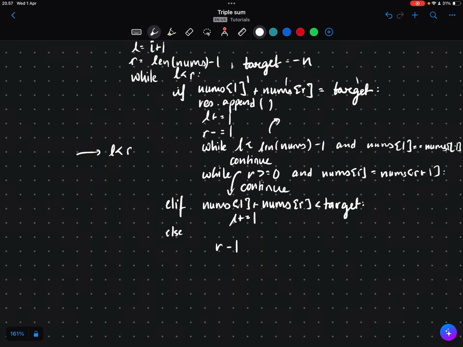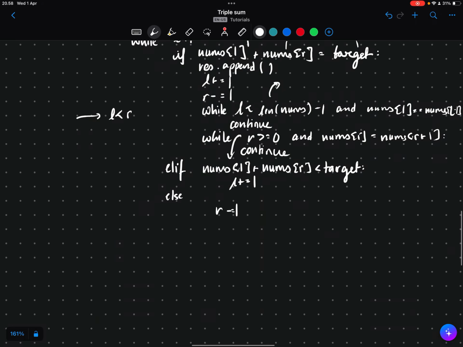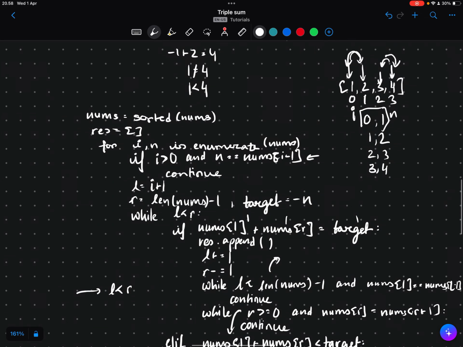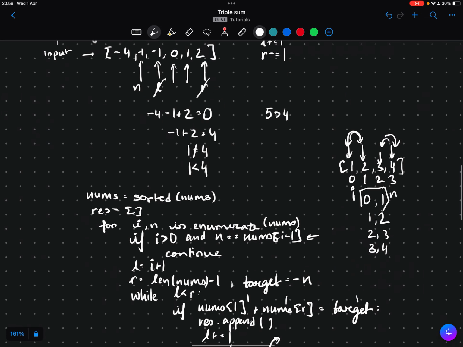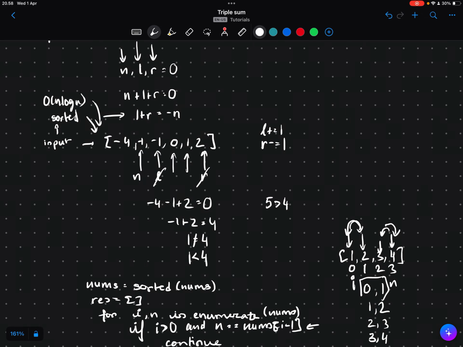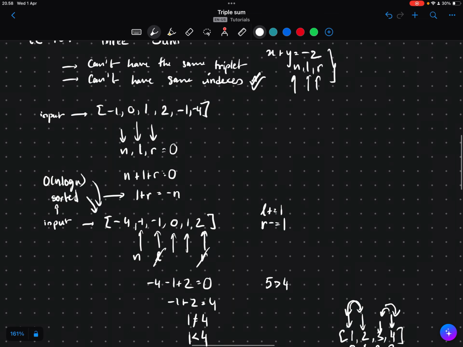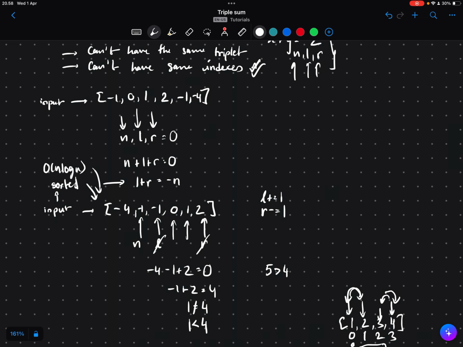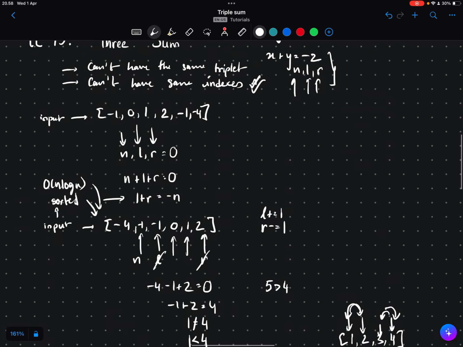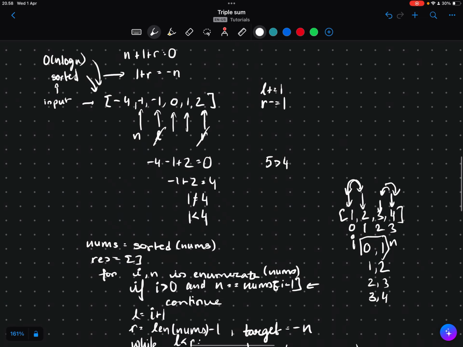If not, we'll just decrease our right, sorry, and we'll just return our res at the end, and that's pretty much it. Simple code: pick a number, do the 2-pointer approach on it, use the same logic as 2 sum 2, except this time once you hit it you don't return, you just shrink the array on both sides, and that's